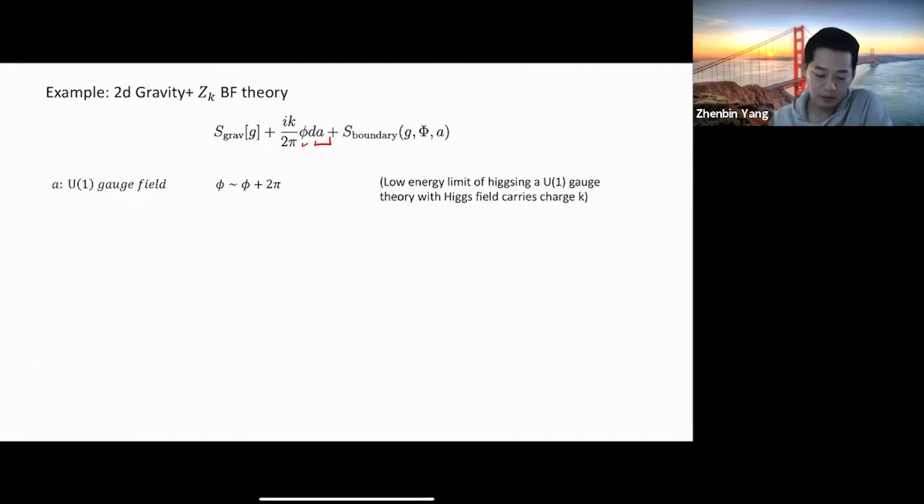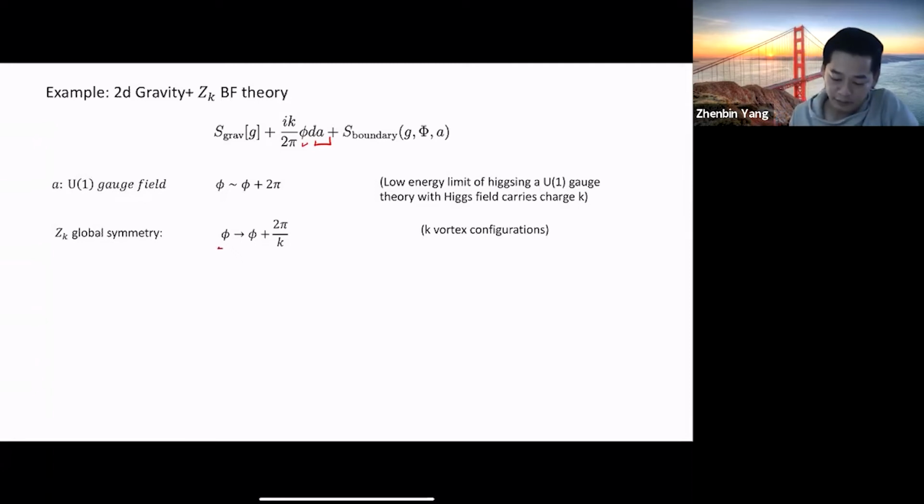You can think about this as coming from a low energy limit from Higgsing a U(1) gauge theory that carries charge K. And this theory has a global Z_K symmetry that shifts phi by a constant 2 pi over K. Corresponding to this, the theory has K vortex configurations,